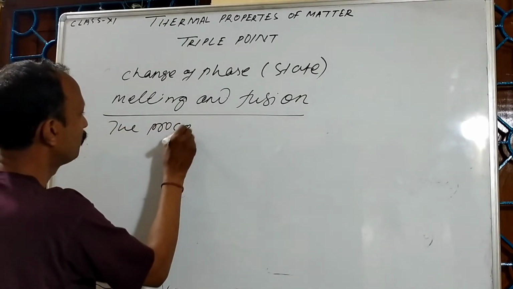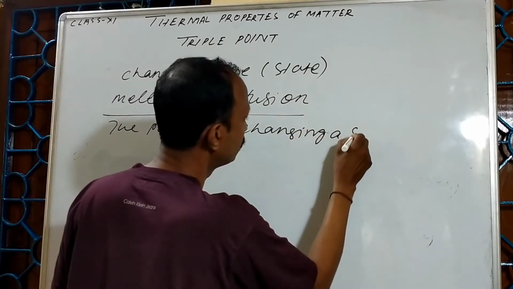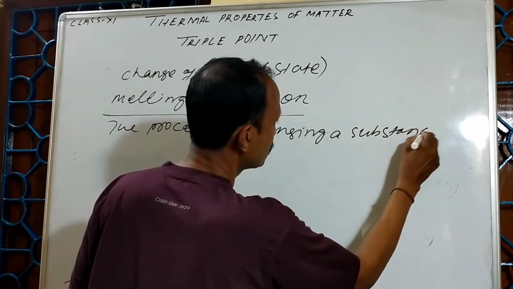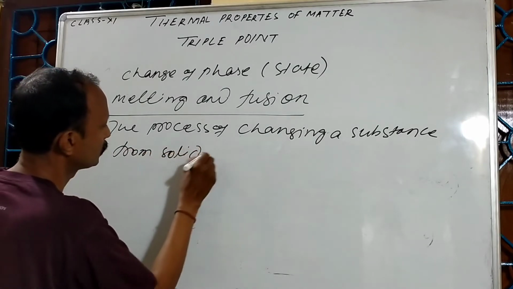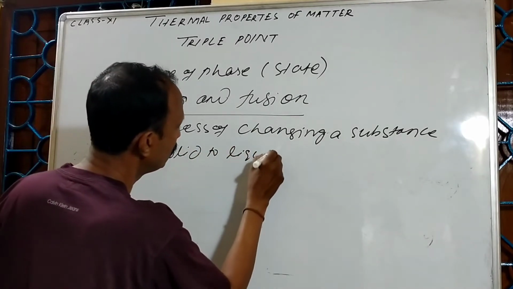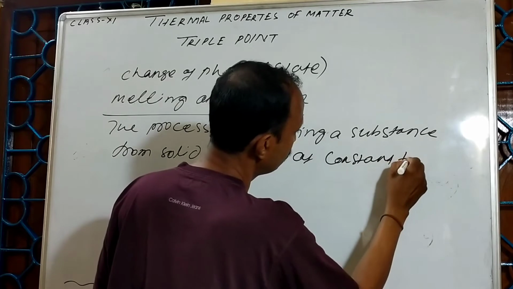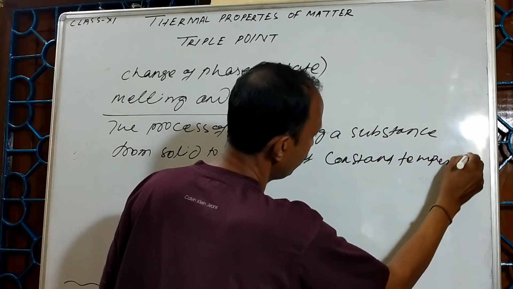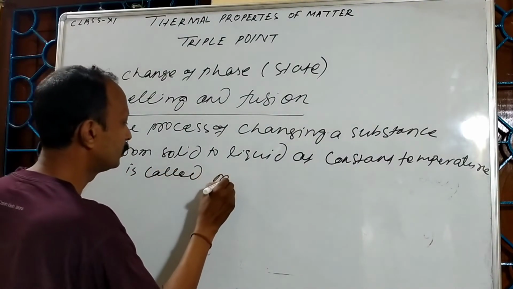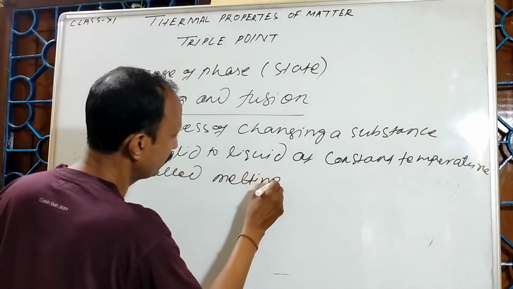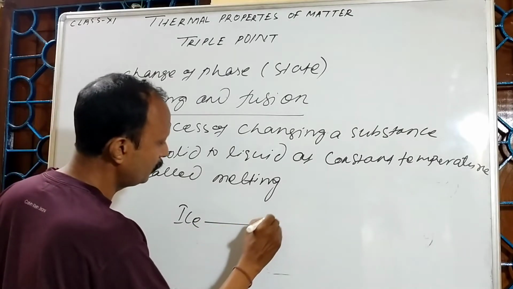The process of changing a substance from solid to liquid at constant temperature is called melting. See that in case of the ice, it converted into